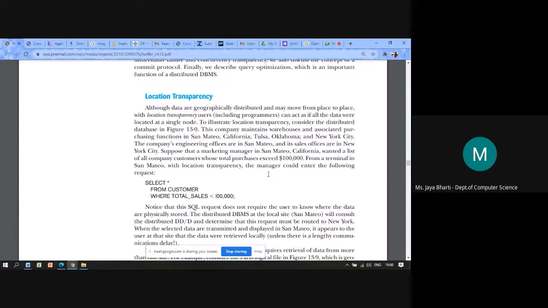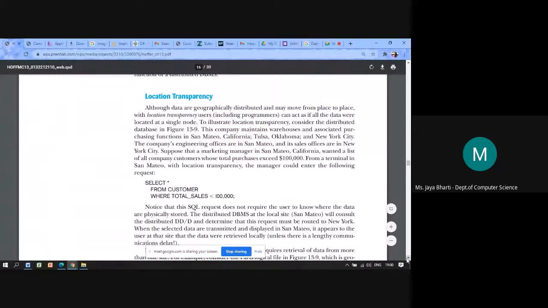From a terminal in San Mateo with location transparency, the manager could enter the following request: select star from customer where total sales is greater than 1 lakh. This SQL request does not require the user to know where the data are physically located or stored.